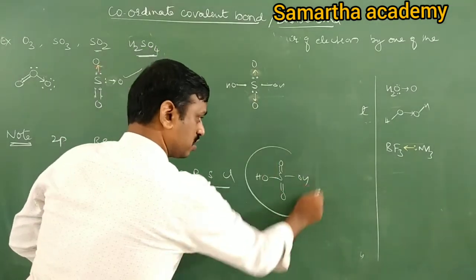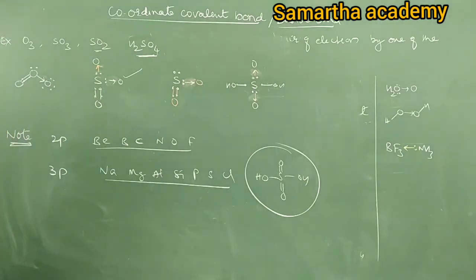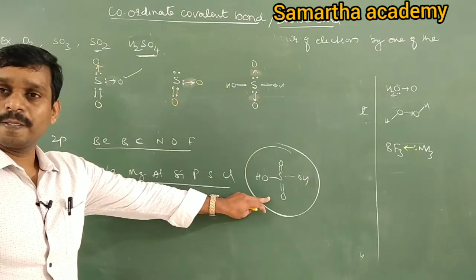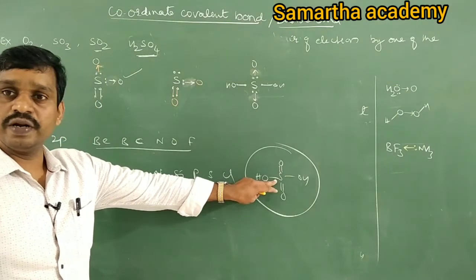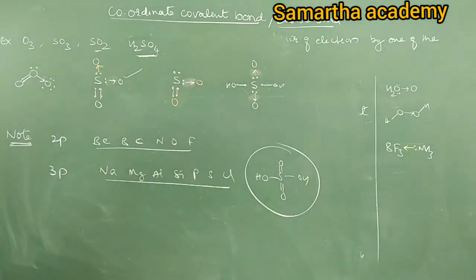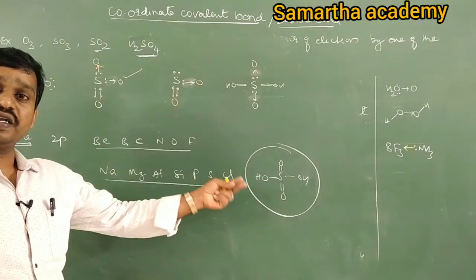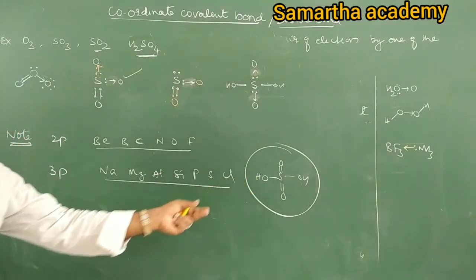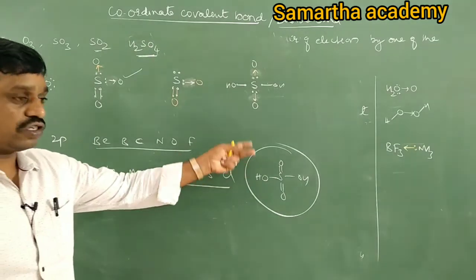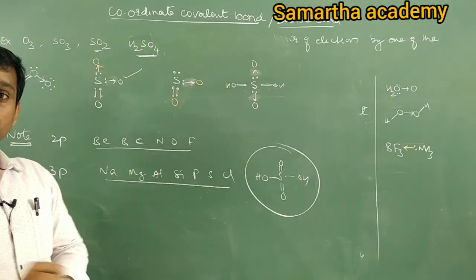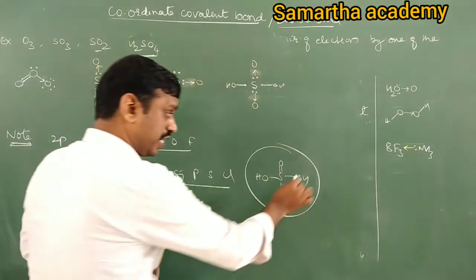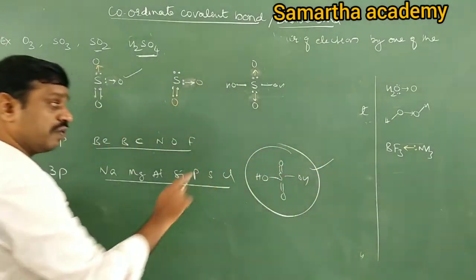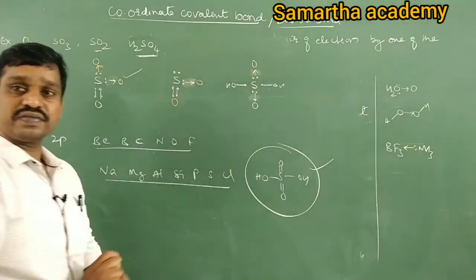In books and all, you can see this structure is possible. If I ask you to write the structure of sulfuric acid, you should write this only. Why? Sulfur belongs to the third period. In all third period elements, vacant d orbitals are possible. Due to the presence of vacant orbitals, their octet is expandable, meaning more than 8 electrons in their valence shell is possible. But with the questions here, don't confuse. If they ask to write the structure of sulfuric acid, write this. If they ask to find out the number of dative bonds, this is the dative bond.